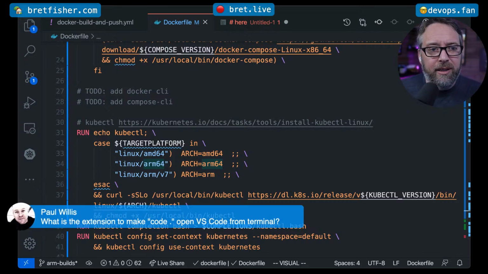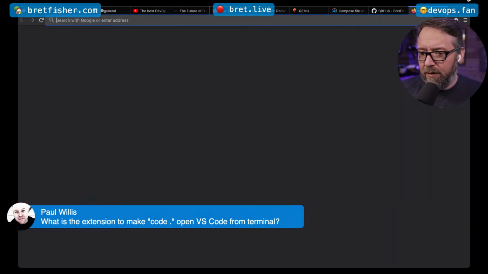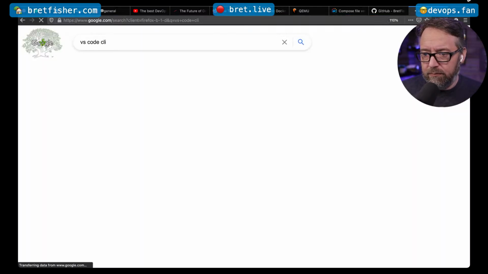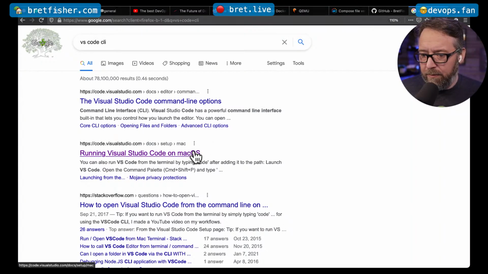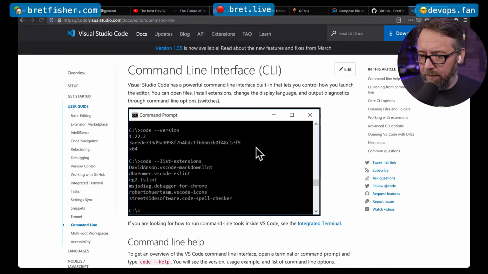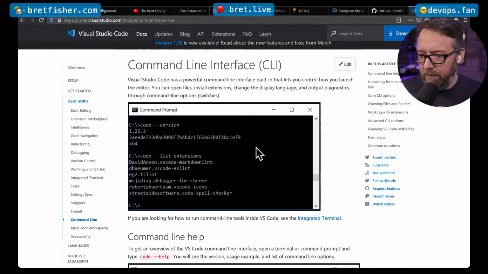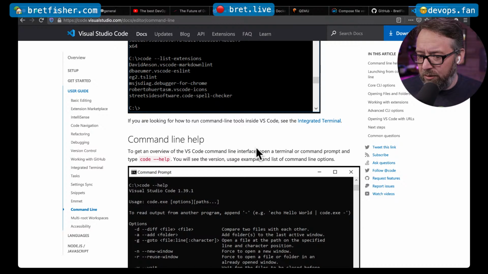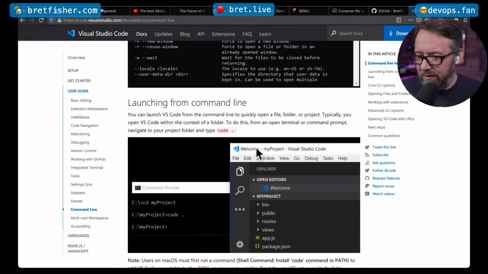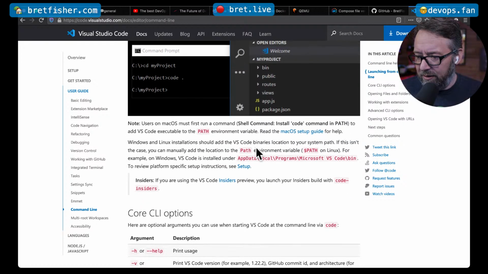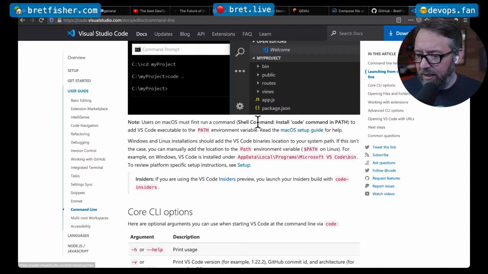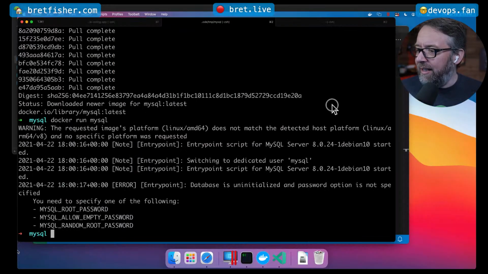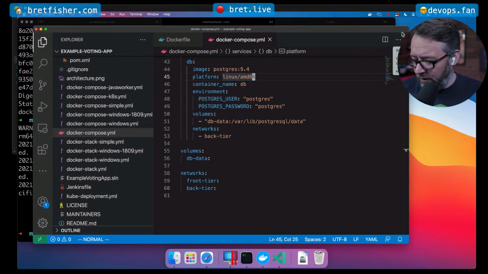What is the extension to make code open VS Code from terminal? I think just Google it. So I have to look this up every time, but there's a command you have to do to get it installed. Yeah, shell command, install code command in path. Oh, that's right. It's actually in the GUI. So if I go into the command palette,